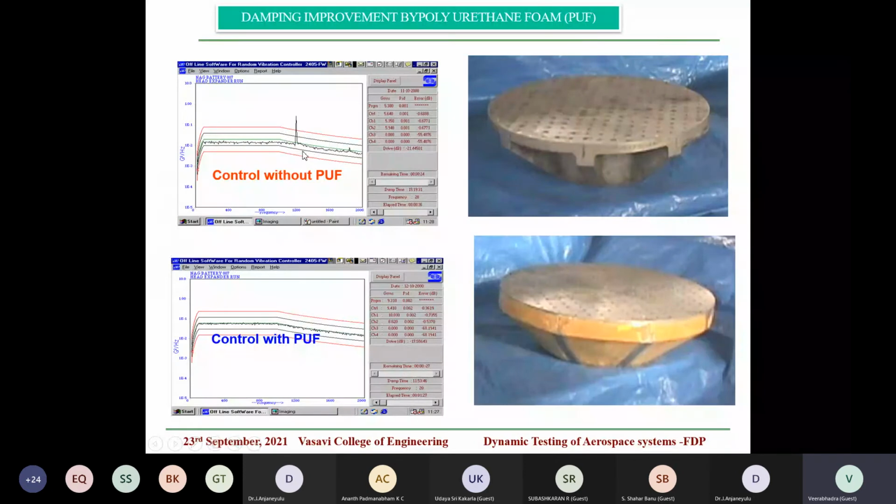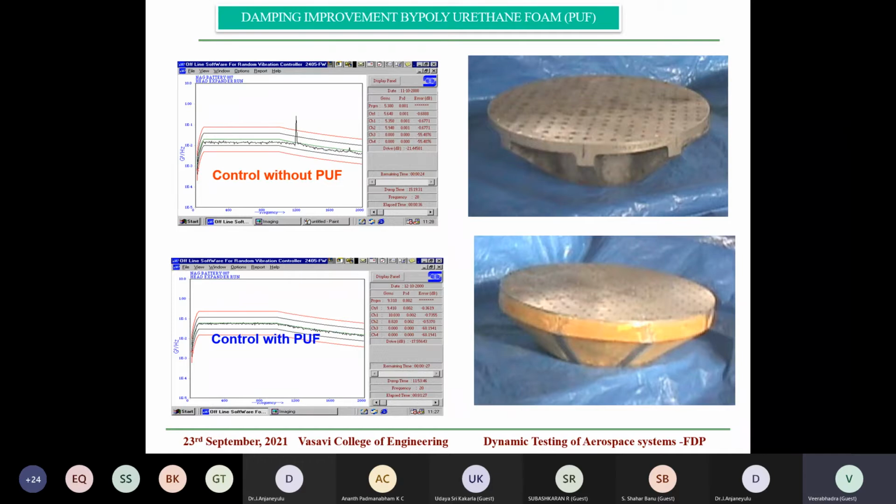For example, I was referring to something called a head expander, where we need to increase the mounting surface, what we call expanding the head. In such cases, when we were controlling the input, we were not able to control one odd peak at 1000 hertz; the resonance of the expander was coming. To reduce this peak, we used polyurethane foam filled in the cavities present here, and then we were able to control it. Such damping techniques can also be used to control vibration response wherever space is available and it is permitted.